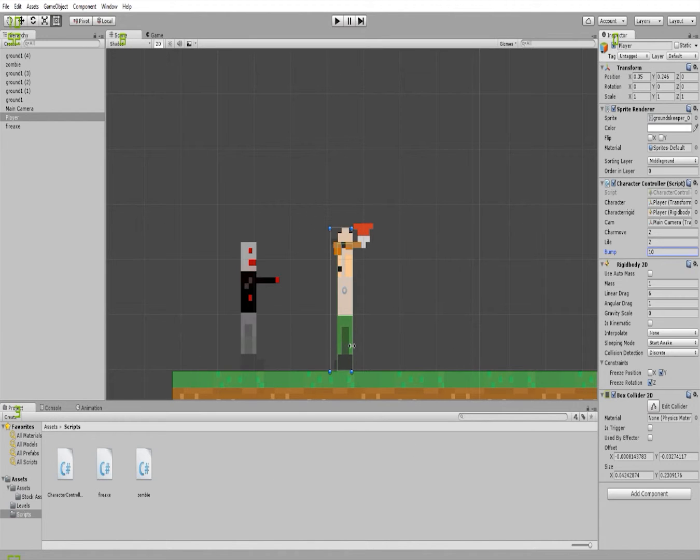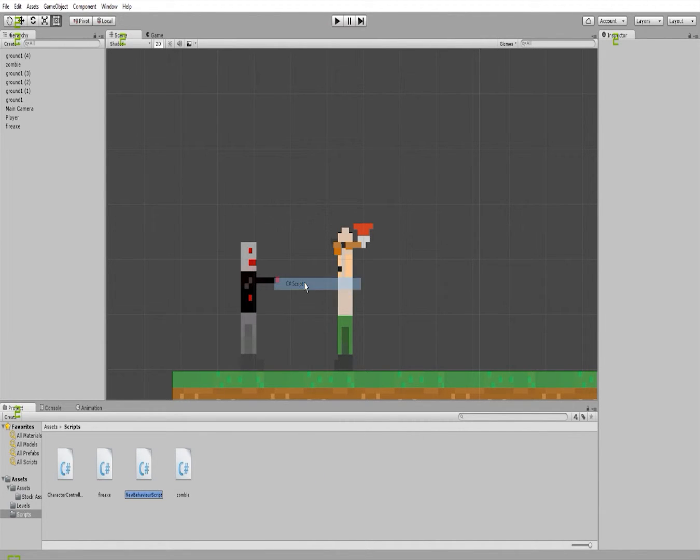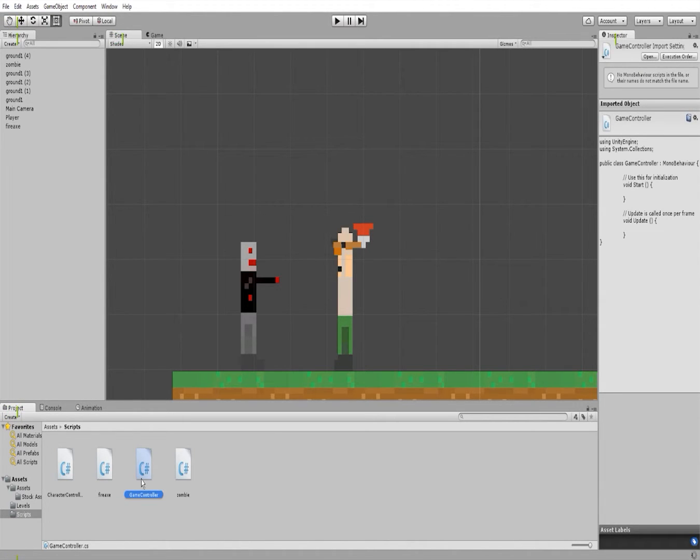Okay, next part, what we're going to do is we're going to actually add the game controller so we can control these zombies. So let's go ahead and create a new C# script, and then this is going to be called game controller. Now, in the game controller, what we are going to have,